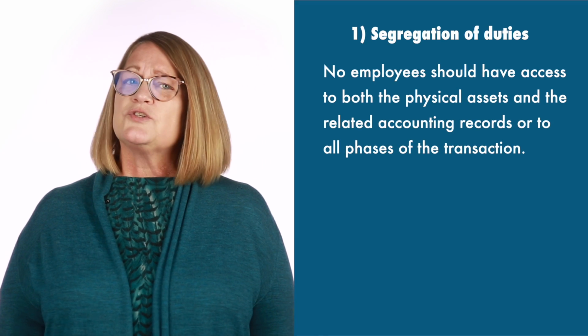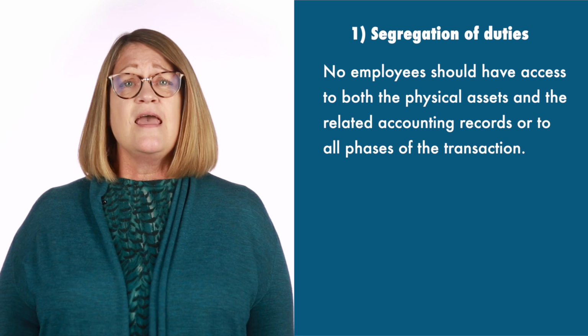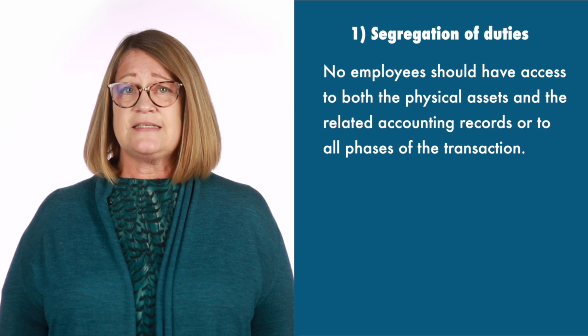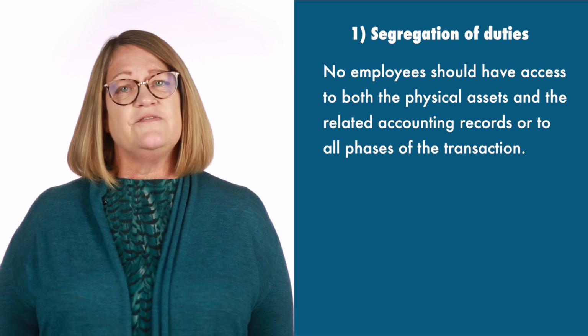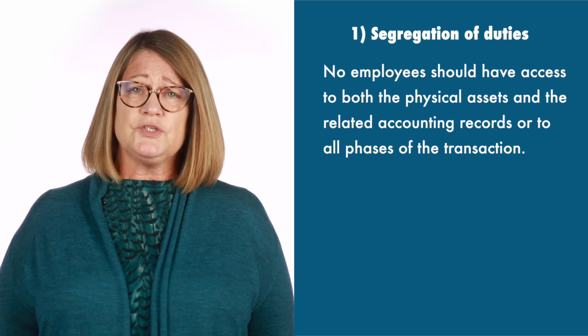First, let's talk about segregation of duties, which means no one employee should have access to both the physical assets and the related accounting records or to all phases of the transaction. It might seem efficient to have one person handle multiple aspects, but that means there are no checks and balances